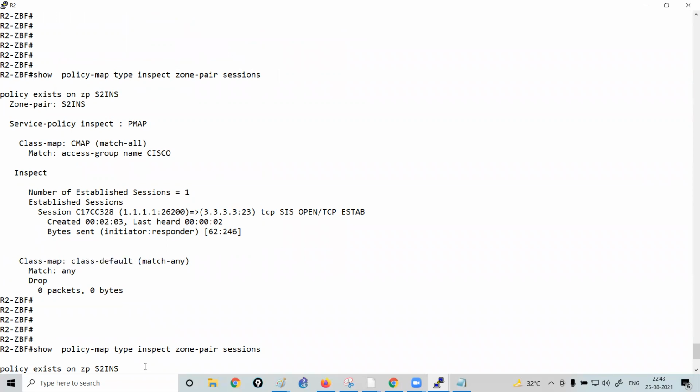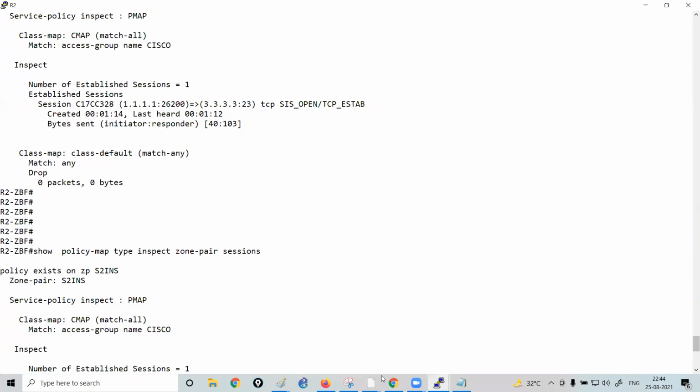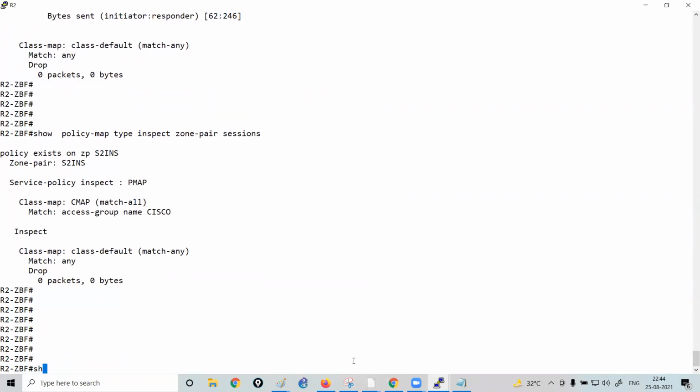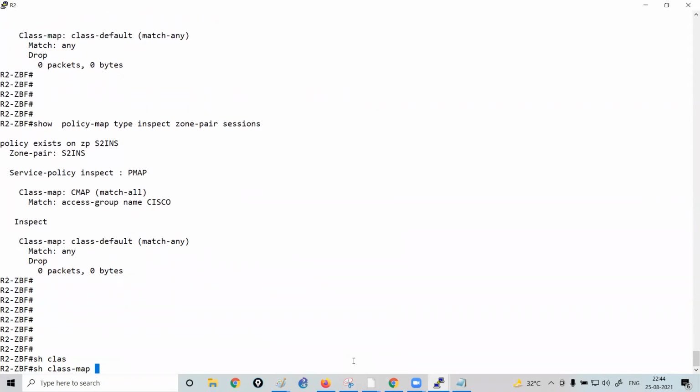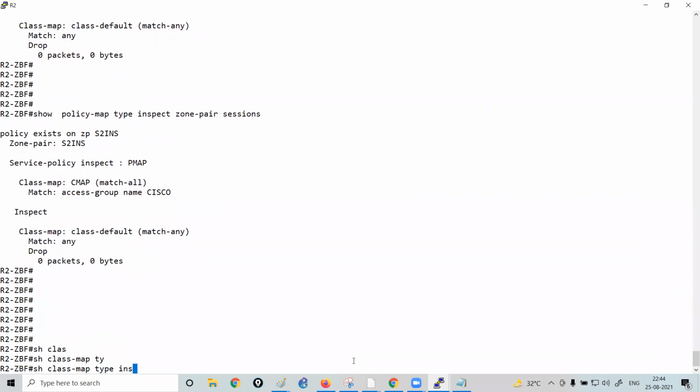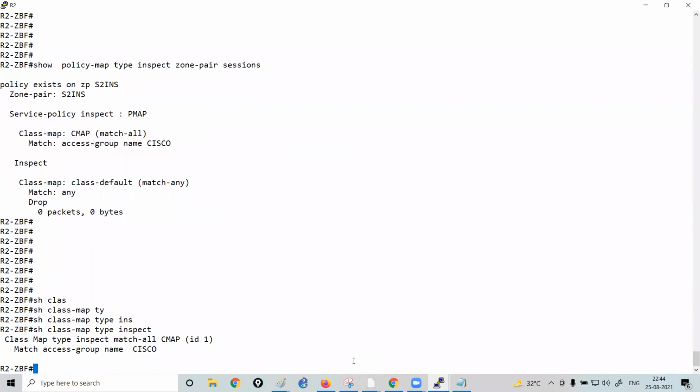So what happens whenever you create a class map on the router? Your router will create a class map named class-default. Let me prove this. If I run the command show class-map type inspect,